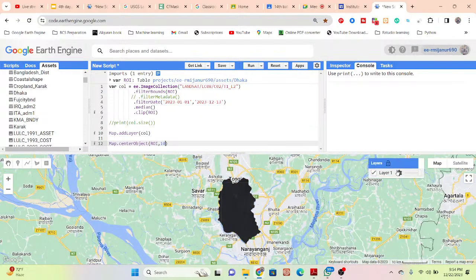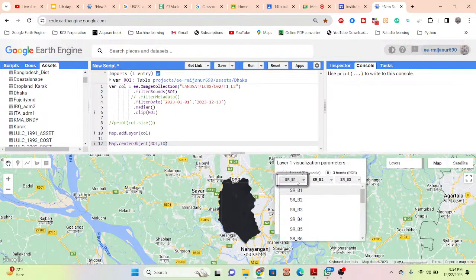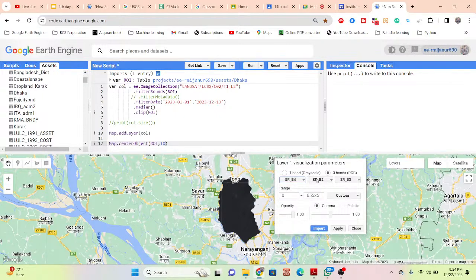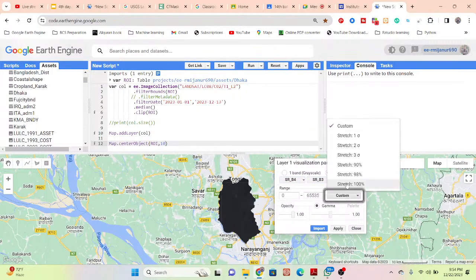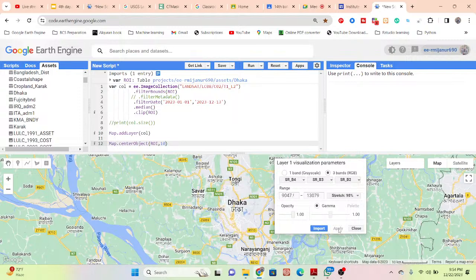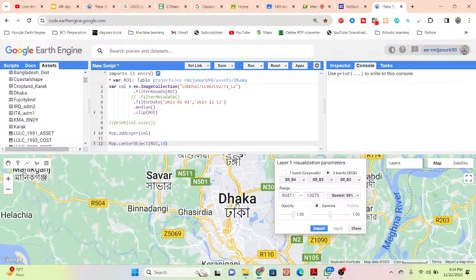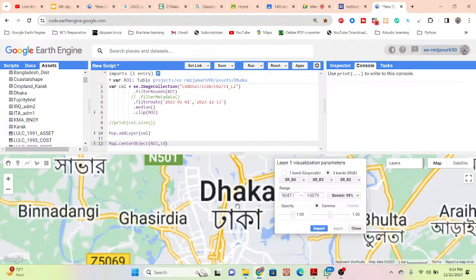Now show the visualization first. Suppose red band, green band, and blue band. First 98% stretch and apply. Okay, so this time you can see this type of image, not very cloudy, because this time we use the median composite, and it's not a coastal area or river bank, so that's why there is not much cloud. But in this time